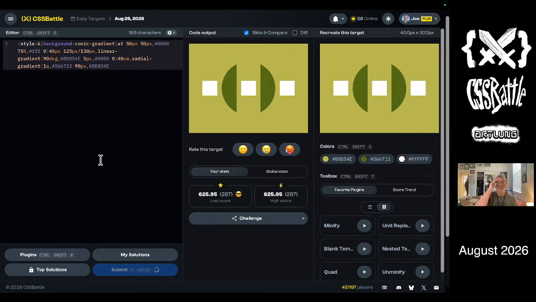That's a fun one. I like that one. Not too many ways to do this, but I enjoyed that with 1, 2, 3 conic, linear, and radial gradients. Now, would there be a way to do this differently? Yes, of course there would be. But